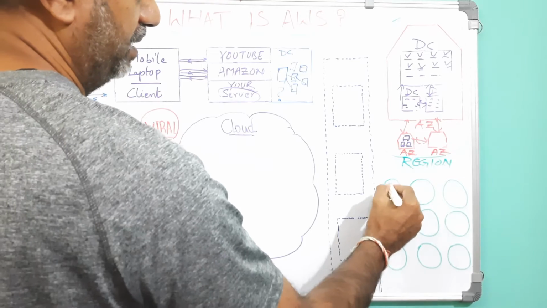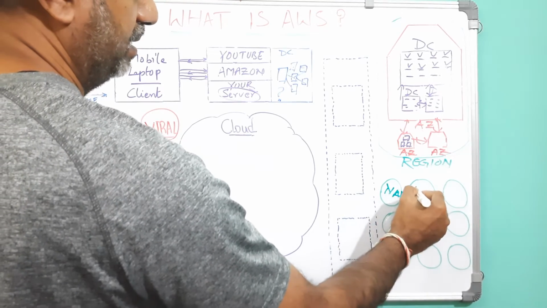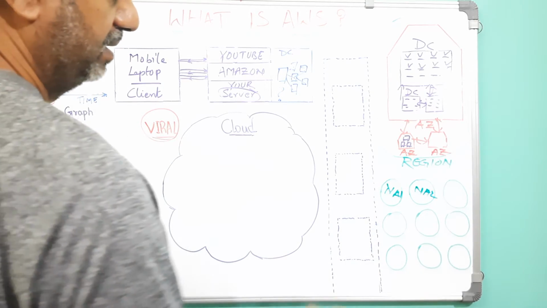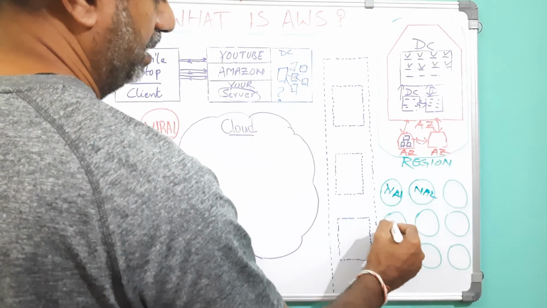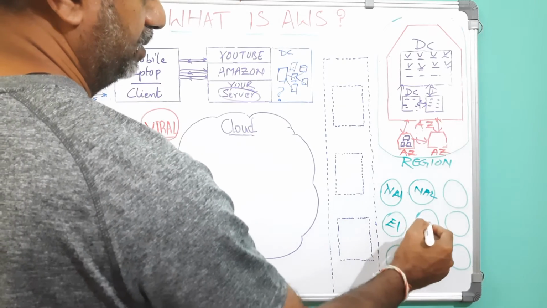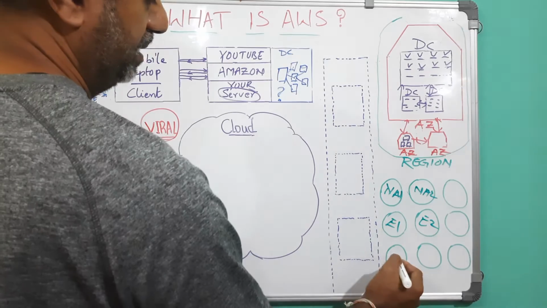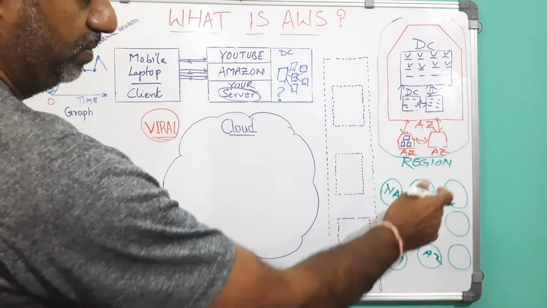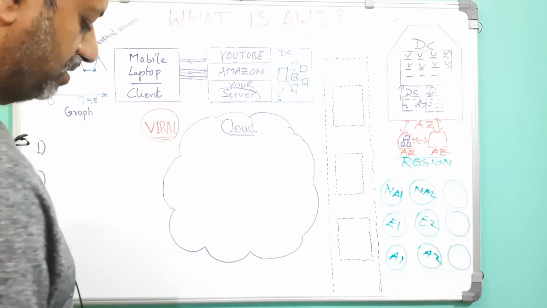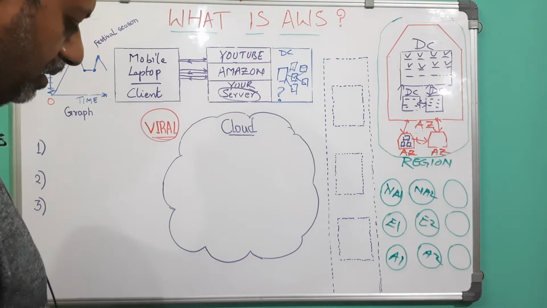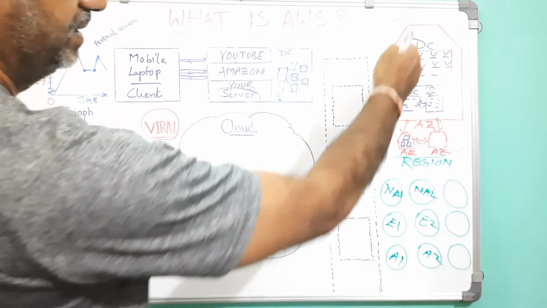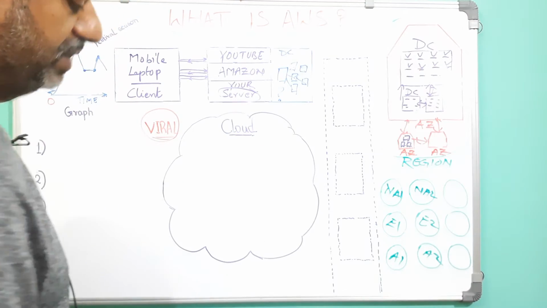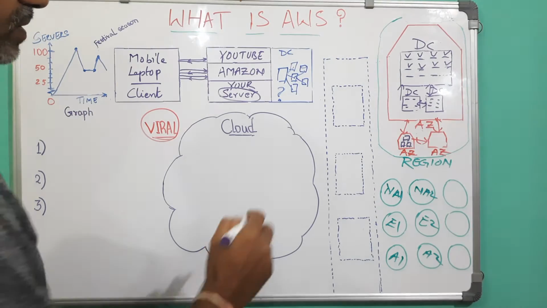So they have these kind of regions across the world. So they have regions in North America, North America one, North America two, like Ohio, Chicago, like that. And similarly, they have regions in Europe. They have regions in Asia. So they have a lot of regions across the world. So what they have done is, since all these data centers across the regions run on virtualization software, they actually get